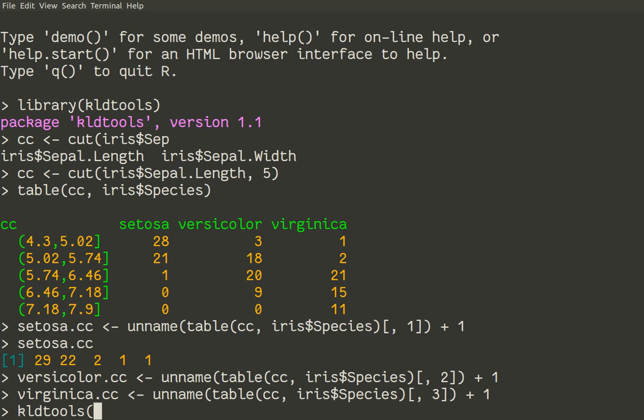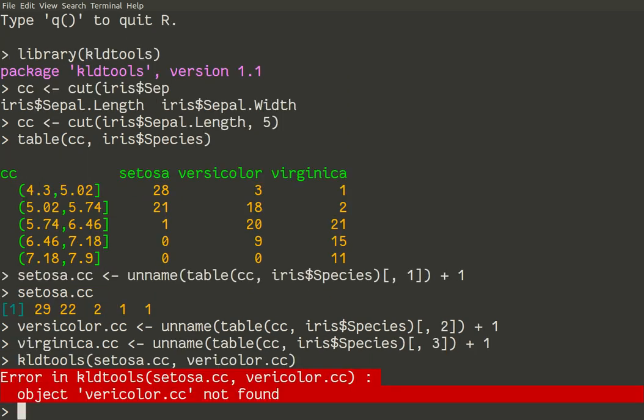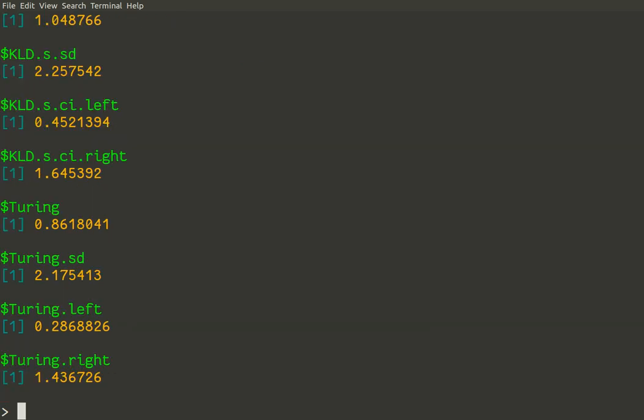to compare setosa cc, so the frequency of different lengths of sepals within the setosa species, and the frequency of different lengths of sepals within the versicolor species. Okay, so this is my command. Very easy, I think. Yes, because I didn't put the right letter here. Versicolor. I double check. Okay, and we have lots of numerical outputs,